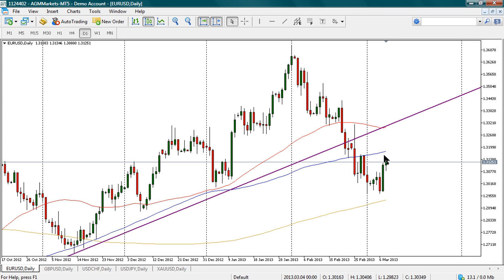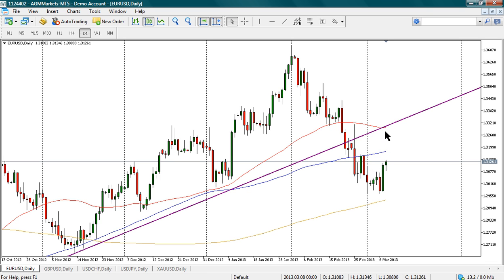And now we're below this 100-day moving average. This is the new mini resistance level here on the euro dollar. You can see we had a nice bullish candle there, but it closed just below the 100-day moving average. And then the next candle was a nice bearish engulfing, and we slid down for the next few candles. But now you can see yesterday's daily candle was a nice bullish engulfing pattern, and it looks like the euro dollar wants to come up and test this 100-day moving average, which is now at around the